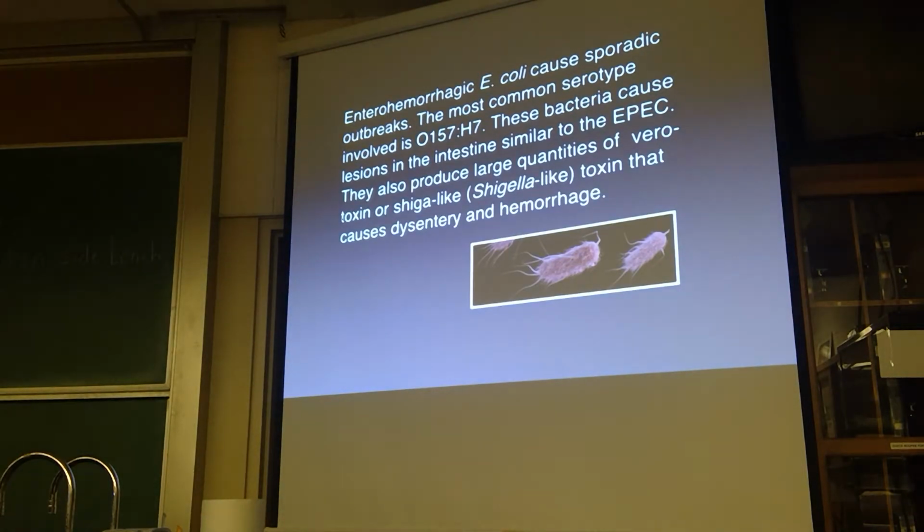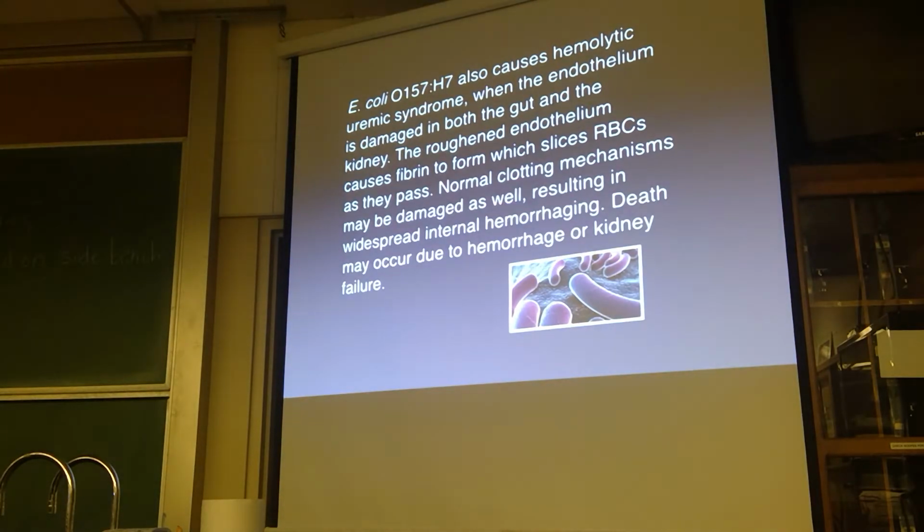Then there's the enterohemorrhagic E. coli. These occur in sporadic outbreaks. Probably the most recognizable of these is the E. coli, again, serological variety, O157:H7. These can cause, or they produce a Shigella-like toxin, so they can cause dysentery, but they're more problematic because they can cause damage to red blood cells and hemolytic uremic syndrome. So hemolytic uremic syndrome, I think it was first recognized in association with ground beef in a Jack in the